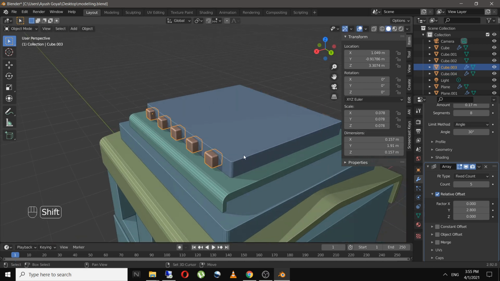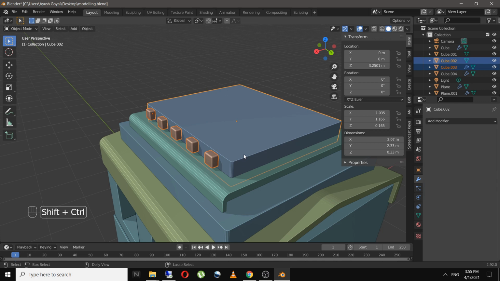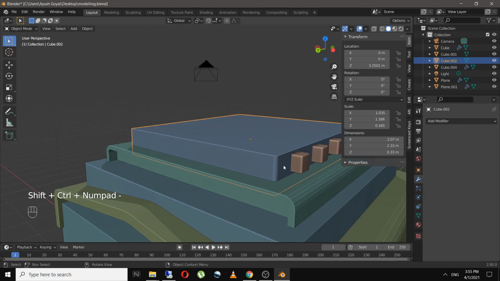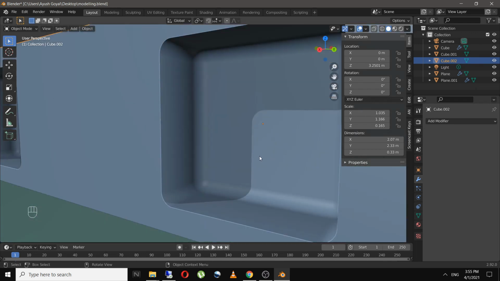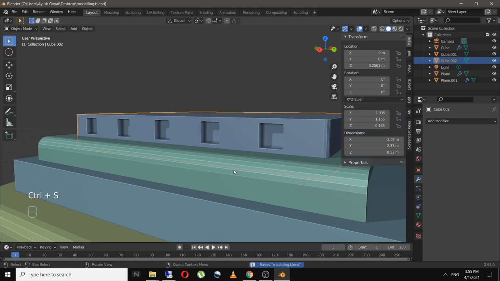So I will click on Shift Control Numpad minus and same over here. So as you can see, we have a hole over here.